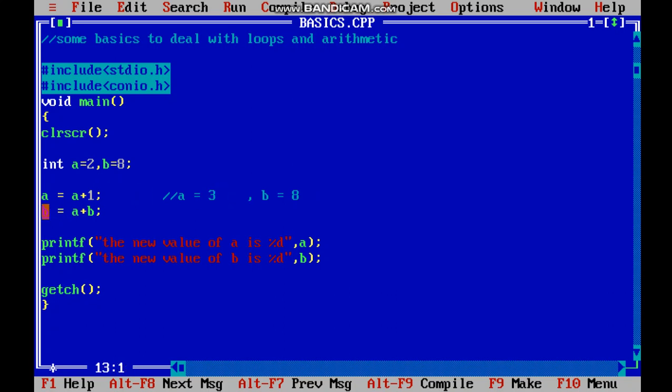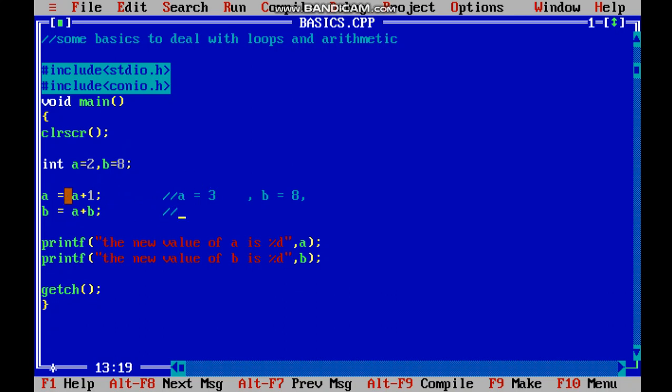Now the next line will be compiled. B is equal to a plus b. 2 plus 8? No. The value of a was just increased and made 3. So 3 plus 8. Now the new value of b will be, this b is not altered, so the value will be 8 and the value of a was 3 from here.